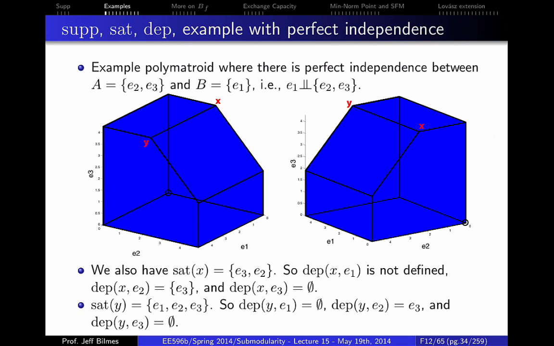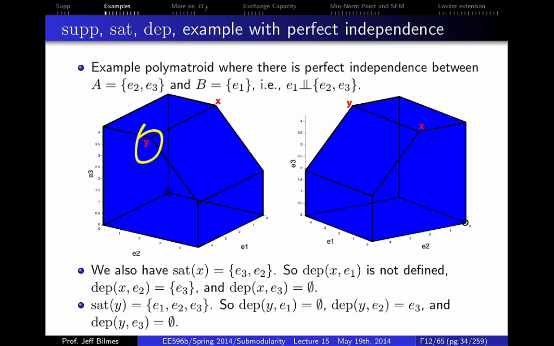Now, let's go back to the polytope and look at element y, or sorry, vector y. So y is now here. So sat of y is the ground set. It's equal to E1, E2, and E3. Why is that? Well, sat of x,